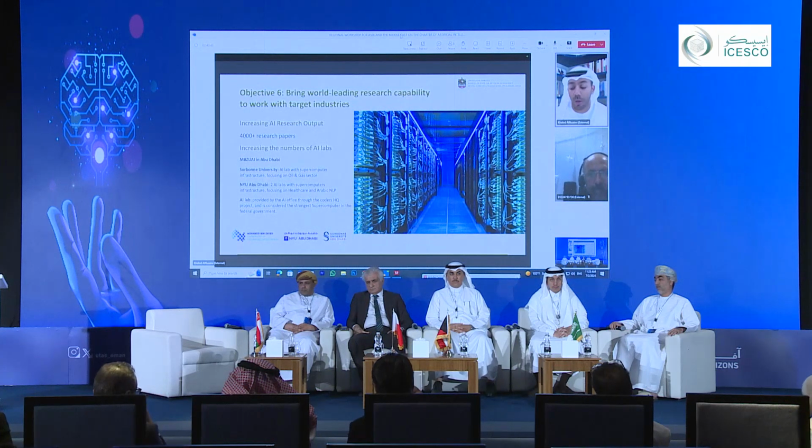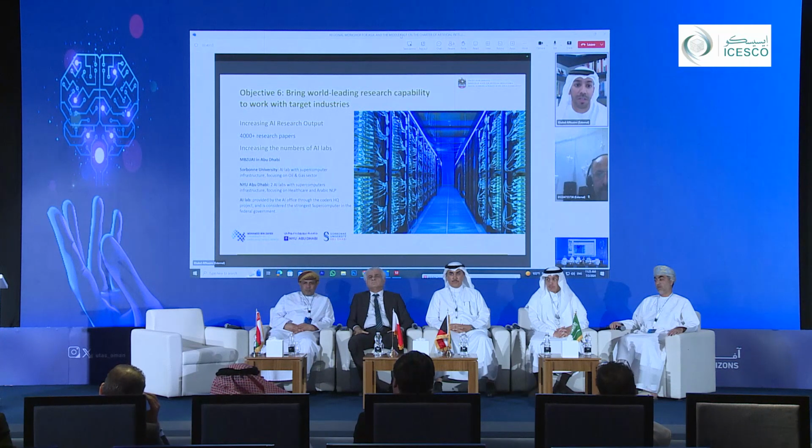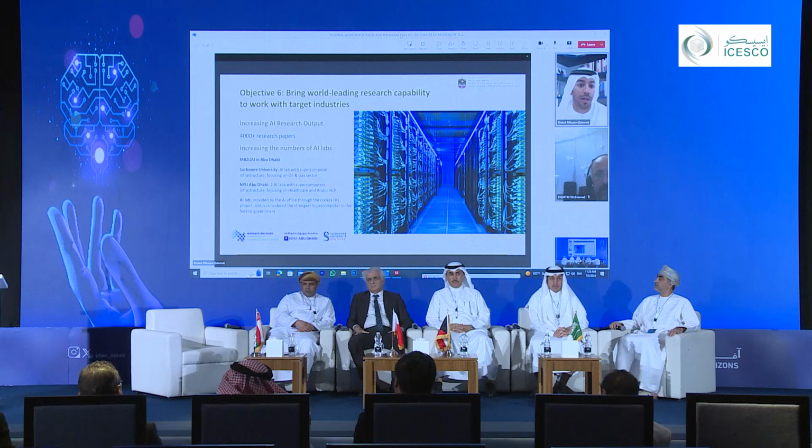Another very important objective within the UAE National Strategy for AI is R&D, which is bringing world-leading research capabilities to the UAE. I mentioned the Hamad bin Zayed University for AI, but that's not the only university or research center focused on AI. We have a number of them. For example, the Sorbonne University in Abu Dhabi has an AI lab focused on adopting AI in the sector of oil and gas. New York University in Abu Dhabi also has 2 AI labs focusing on other sectors, specifically healthcare and Arabic NLP, in collaboration with research centers active in the country, like TII, and companies in the private sector